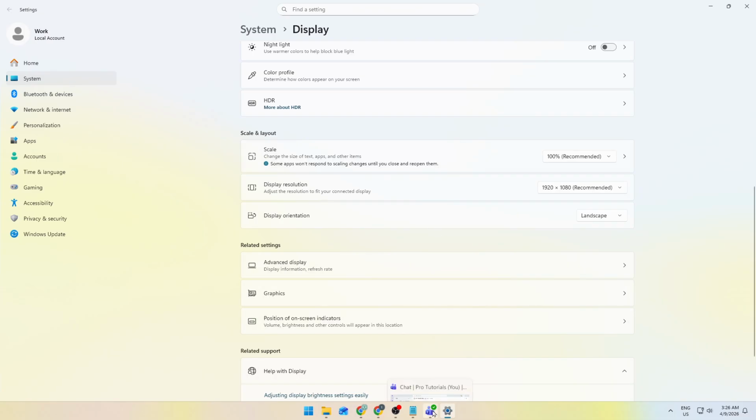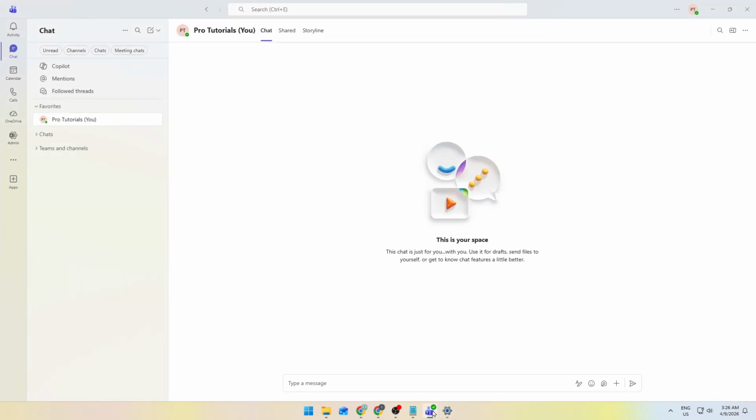After changing the scale, close Settings, then reopen Microsoft Teams if needed so the app can refresh and apply the